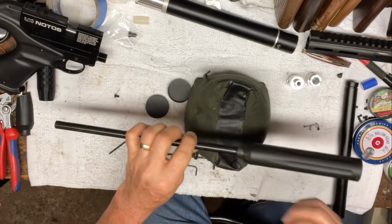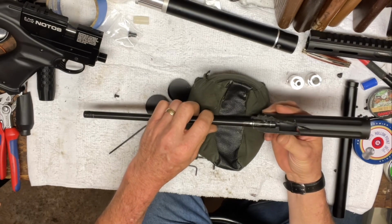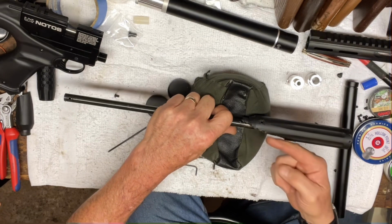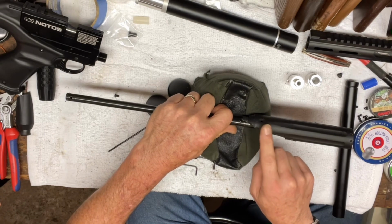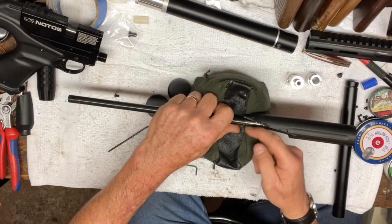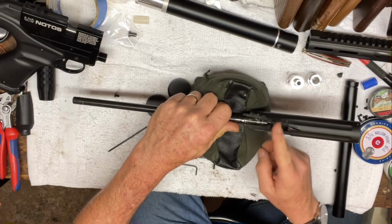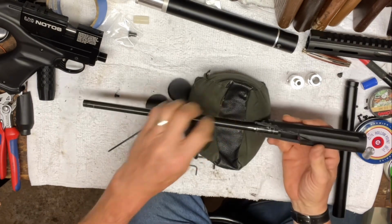So now I've already taken this suppressor off from my barrel, and it is a very destructive ordeal. But what I ended up doing was I used a hacksaw. I clamped the barrel in a vise, and I used a hacksaw to cut down, and you can feel when it transitions from plastic to metal, so you don't want to keep going once you hit metal. I sawed down and then I used a screwdriver to crack it open, but that still wouldn't come out of there. So I ended up coming up here where I knew I was above the barrel and slicing across this way. Then I could put a screwdriver in there and just break this